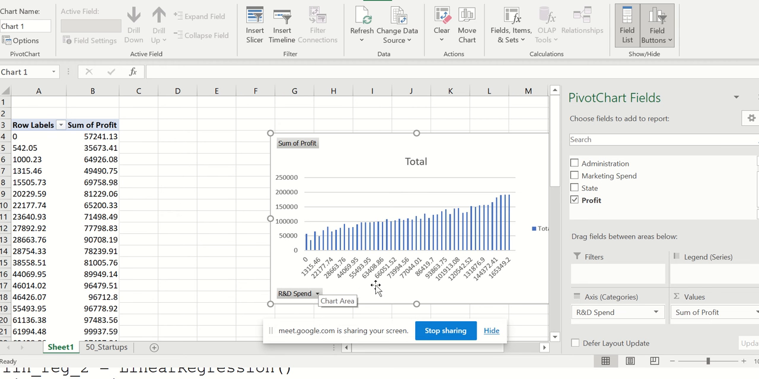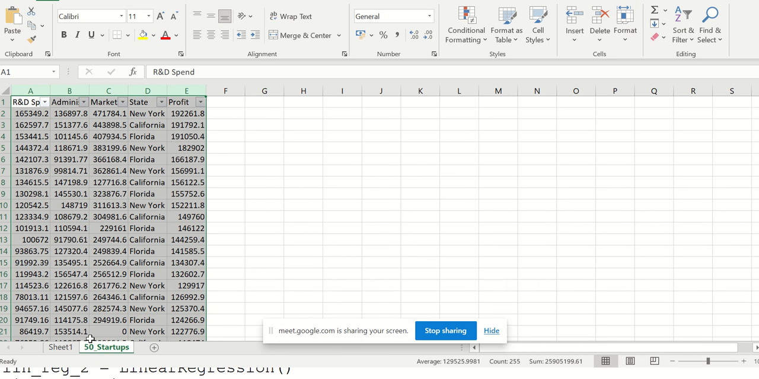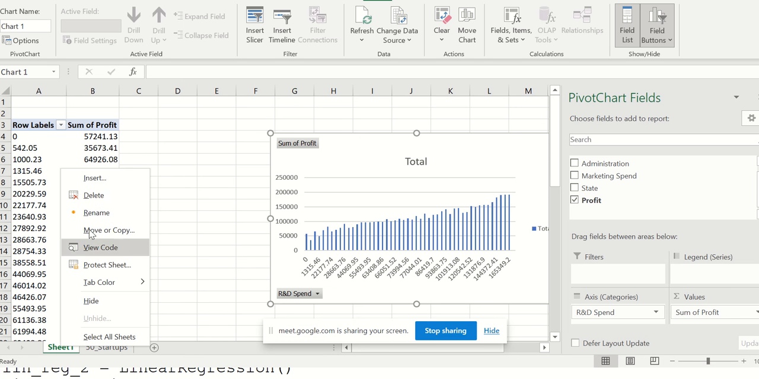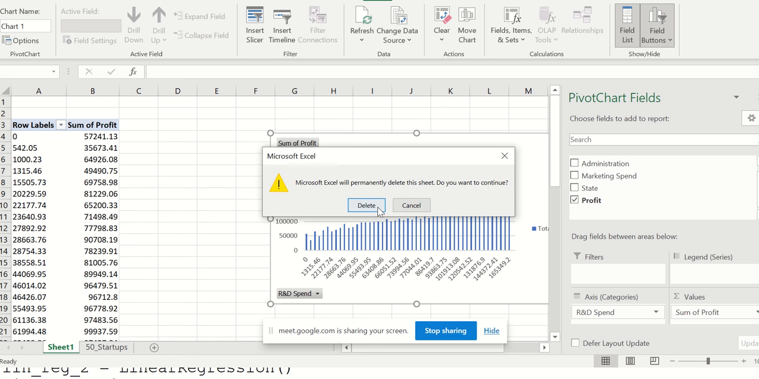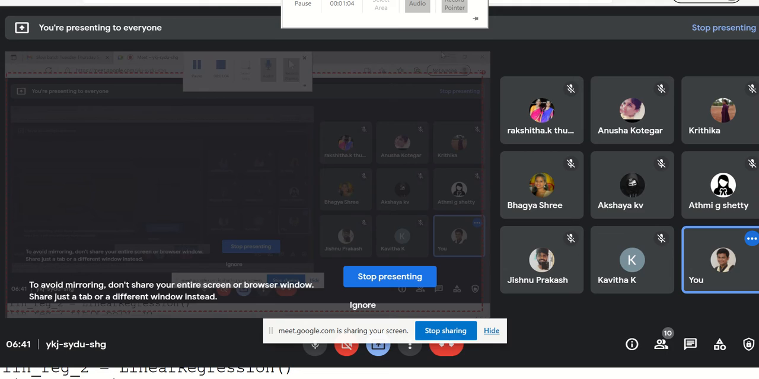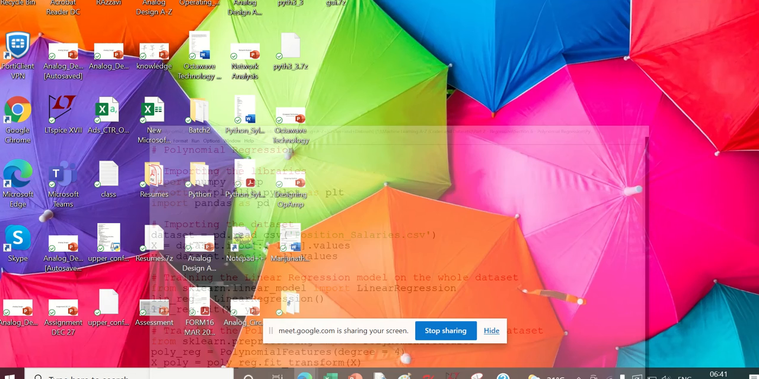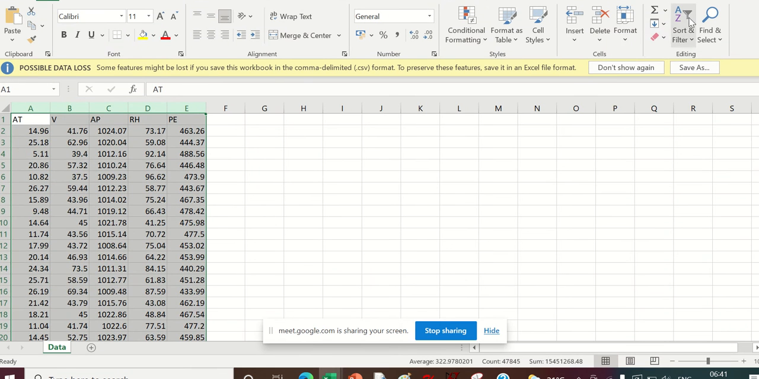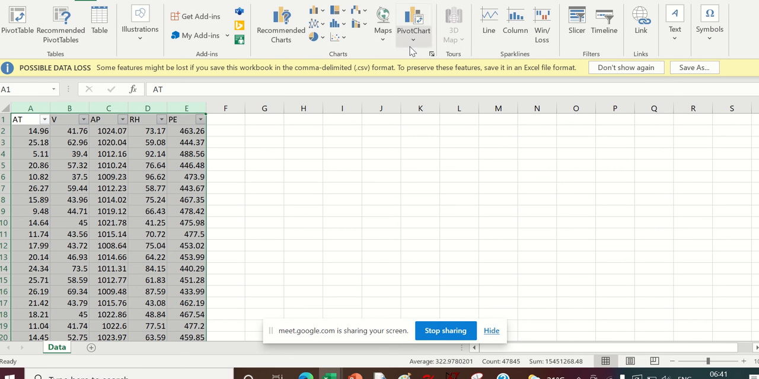Okay, it is telling us that this is a different data set. Okay, so our data set is not this one. Sorry, I'll delete. Our data is here. Insert the filter first, then insert pivot chart